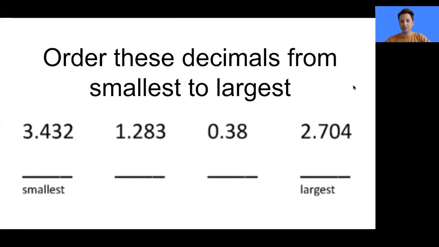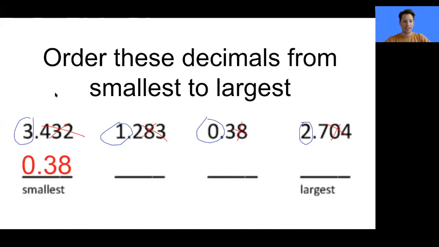So I'm looking at these decimals, and what I see that makes it super easy is that all of them have a whole number. This whole number is 3, this whole number is 1, this whole number is 0, and this whole number is 2. So without even looking at the decimal point, I can simply order them in increasing order from smallest to largest by looking at the whole numbers,